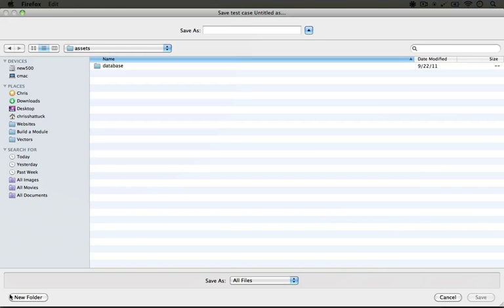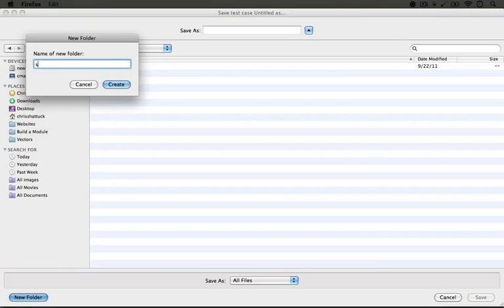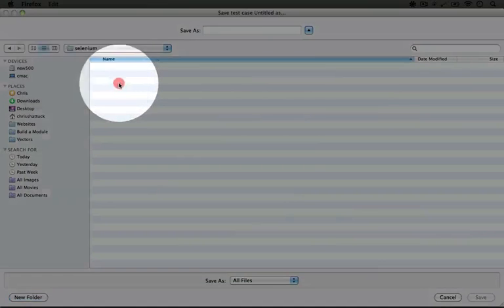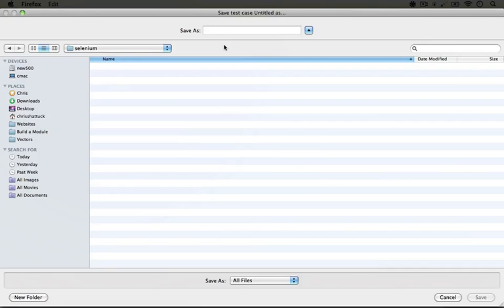Now again, depending on your workflow, you may have this assets folder within your Drupal directory, or you may have it as a separate repository. And again, this folder contains everything that's not part of your code base, but is useful to have in version control. I'm going to click on New Folder, Selenium, and then Create. Okay, we're in the folder. And we're going to go ahead and save this as